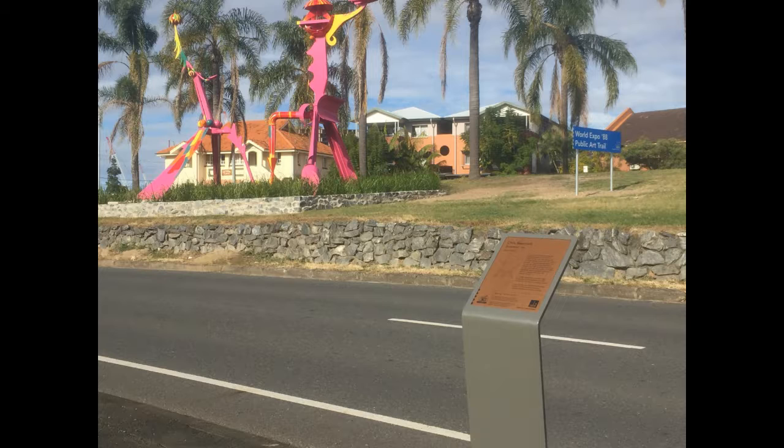And it's just come up so well. And you can see there the sign, World Expo '88 Public Art Trail. So we've been very thorough in bringing together the memory. And there's a daytime photo, not really that good. And you can see in the foreground here is one of the street signs. So all the signs now have these street signs with a little bit of the history of it. And on that is another bit of history about the Inukshuk, which is quite close by. And so that is the 30th anniversary of Expo '88, and I've just